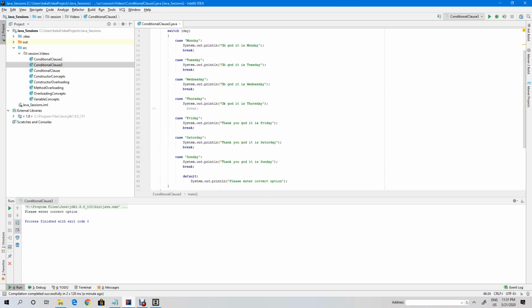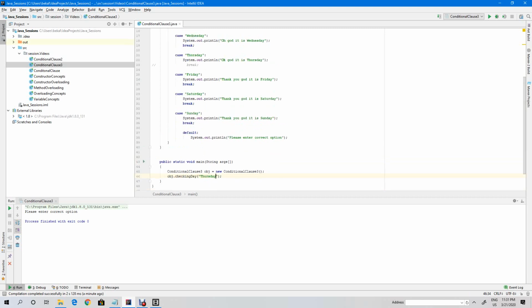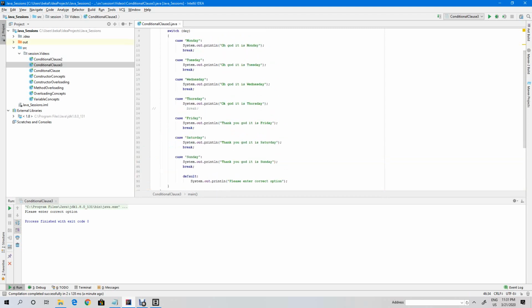The compiler will not stop there. Since it is Thursday, it will come here and print okay, God, it is Thursday, but the flow is not broken there. So it will continue to Friday. Since Friday has a println, thank you God, it's Friday, and then it breaks. So Thursday doesn't have a break, and it will print two statements: okay, God, it is Thursday, as well as thank you God, it is Friday. Let us run and see this. Yep, you can see that output, because you didn't put a break statement there.